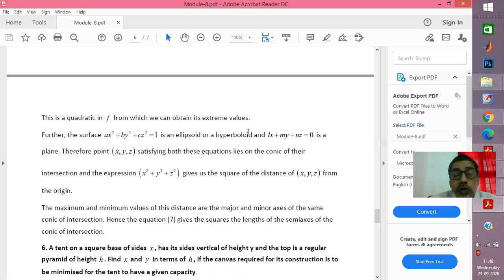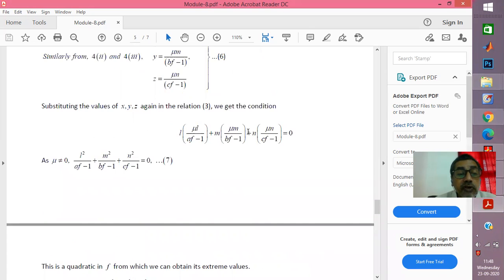But once you get that, you can always substitute it back into the objective function and decide what's the maximum or minimum. So this problem, if you observe carefully, has ended up with equation number 7, which stores all the information about f. The maximum value of f or the minimum value of f requires a knowledge of element and ABC.